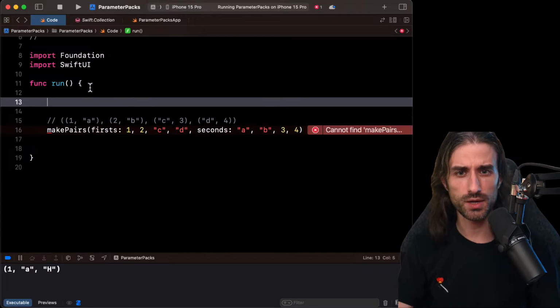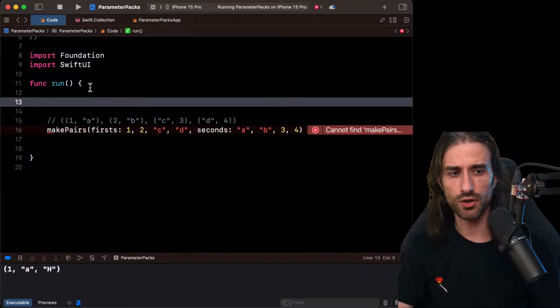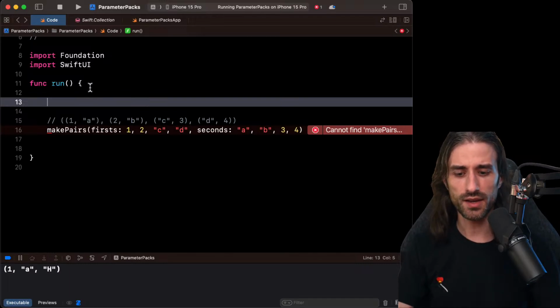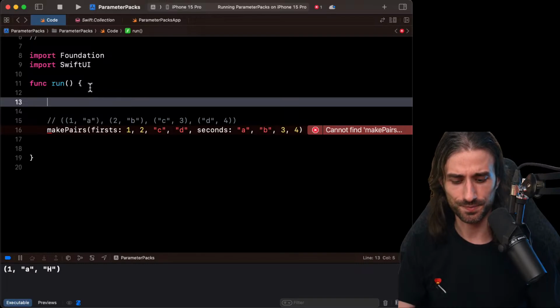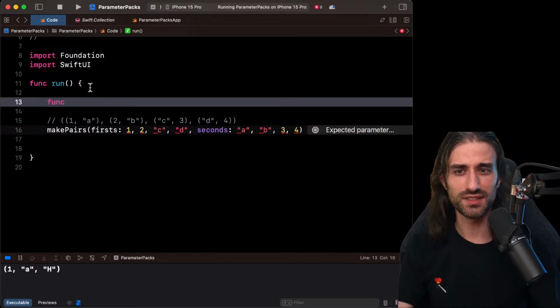By the way, if you're watching the replay, it could be a good idea to pause it and try to implement the function by yourself. Because normally, if you use everything that we've seen up until now, you should be able to implement the function. There is no new syntax to implement this function. There is maybe a new way to use syntax we've already seen, but it should be doable. So if you are watching the replay, maybe pause it for like 5 minutes, try to do it by yourself, and then resume to see the answer. And if you're watching live, let's do it together.